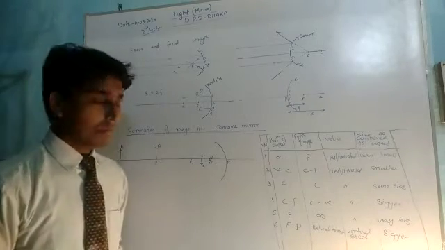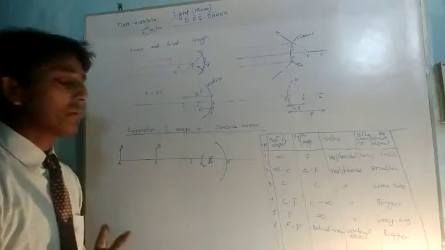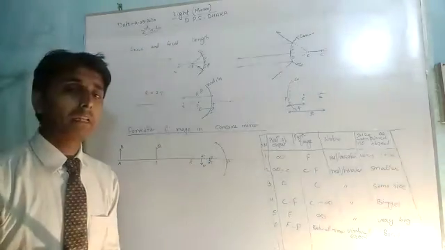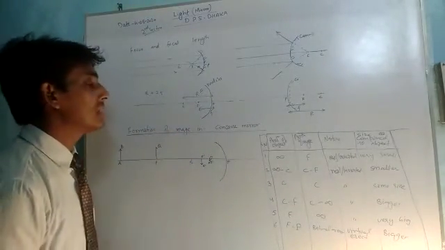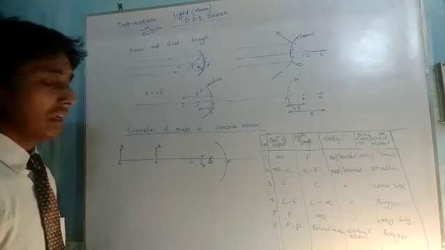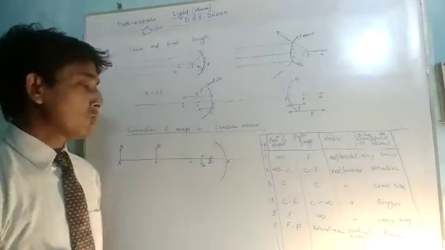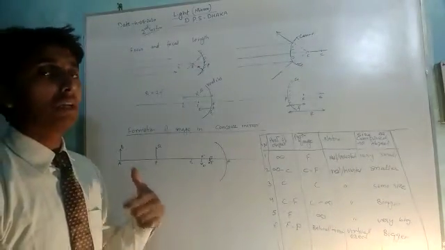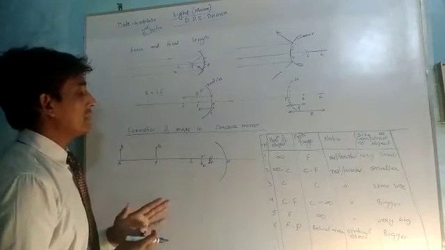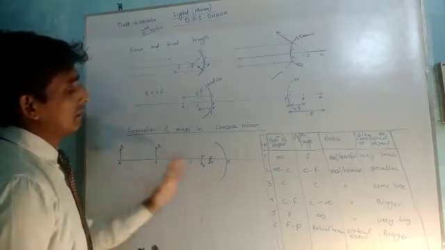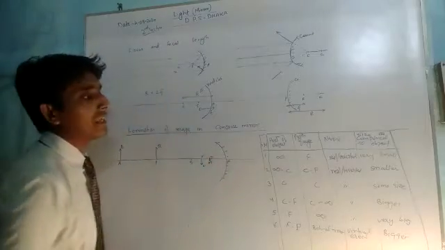So the next topic will be formation of image in concave mirror. We have to discuss formation of image in both convex mirror and concave mirror. But today in this video I am going to discuss formation of image in concave mirror, and in the next lecture I will discuss the various ray diagrams to show where the images are actually formed. So in this lecture I will only show, when the object is placed at some place in front of the mirror, where its image will be formed and what will be the nature of the image.